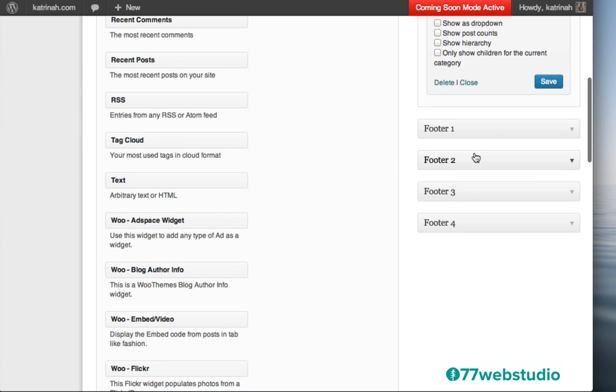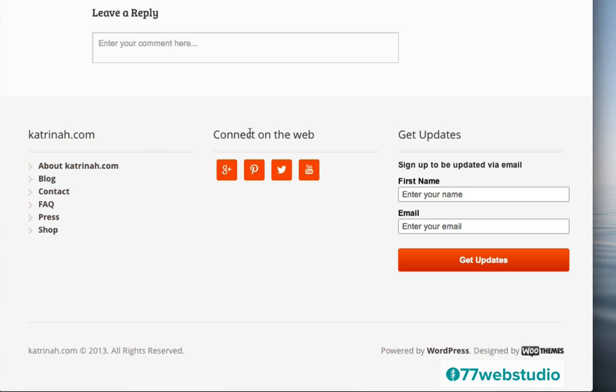The next thing that we can do is add some content to the footer area, and looking at our demo over here, this is where we are headed. So in the footer area, I want to add some custom menu items right here, and then I want to add some social icons so anyone can connect with me on the social web, and then I want to add an email opt-in form so anyone can easily sign up for my weekly email. So let's go about creating the custom menu first, and then we can add it to the footer section.